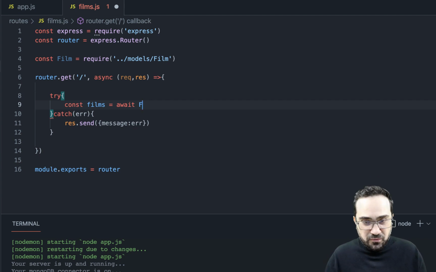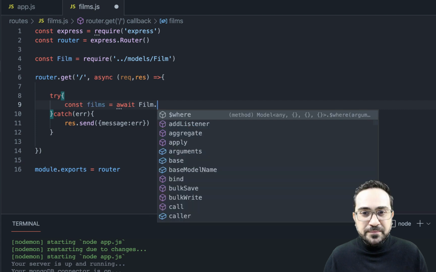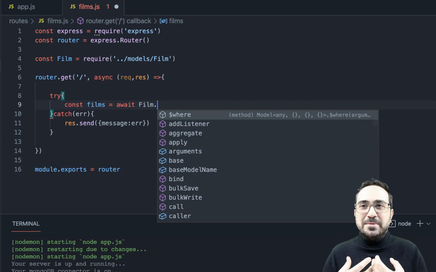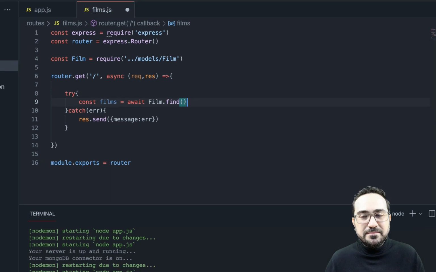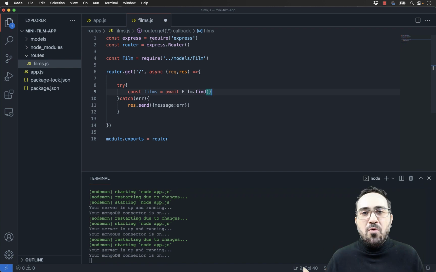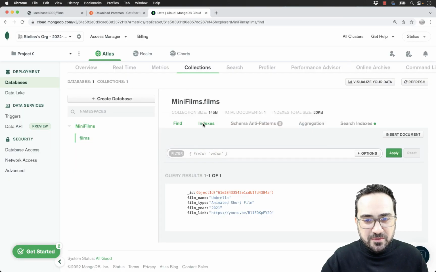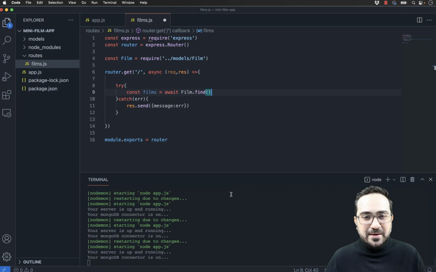Now, I want to find from the film, all right? And now when I press film dot here, the Node.js represents me here as a MongoDB query. A simple MongoDB query is find. Find means select all. So it's like I go here in my browser and I say, I want to see all my data. It's the simplest query that I can do.